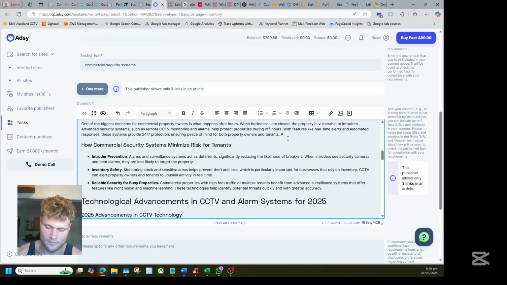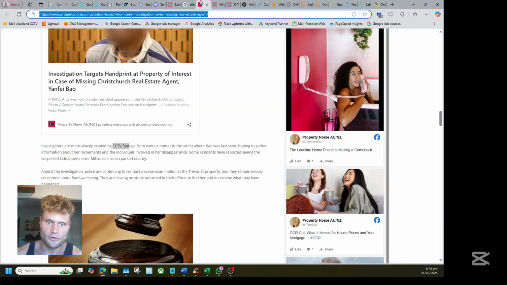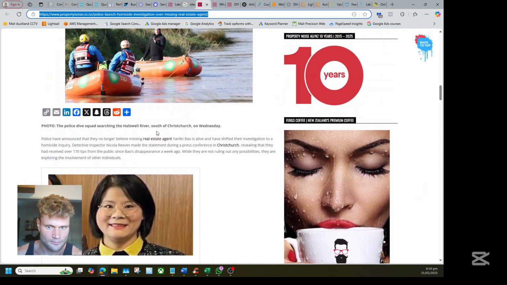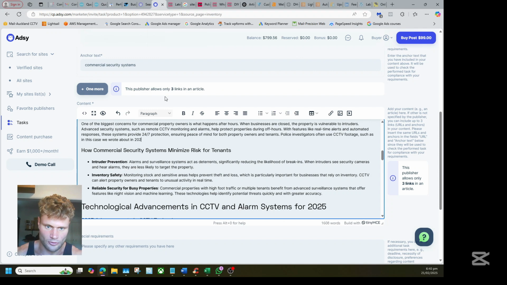I'm going to say police investigators often use CCTV footage, such as in this case we wrote about. When did they write about it? In 2023.